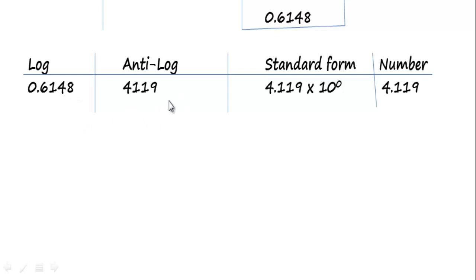Having got that, you are going to write the standard form to be 4.119 times 10 raised to power 0, and then 10 raised to power 0 is 1, then 1 times 4.119, the answer remains the same. So that is the answer. If you use a calculator for this, you get the same answer. So that is what we are talking about. Therefore,